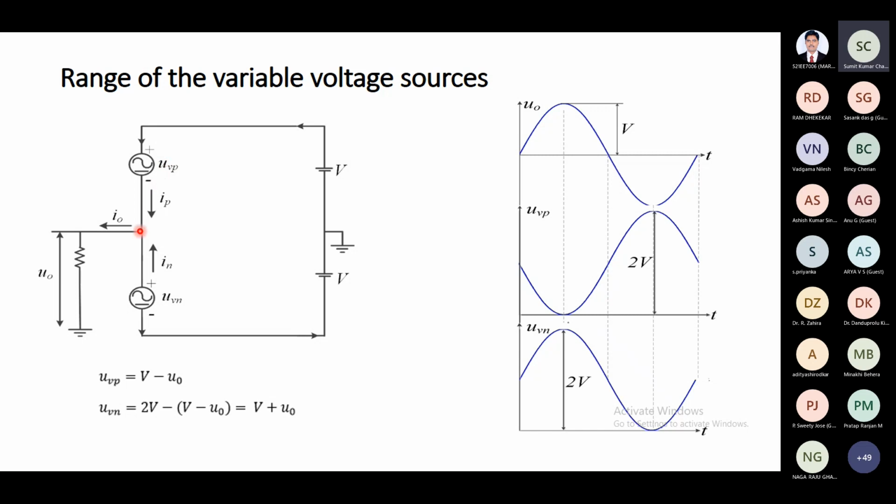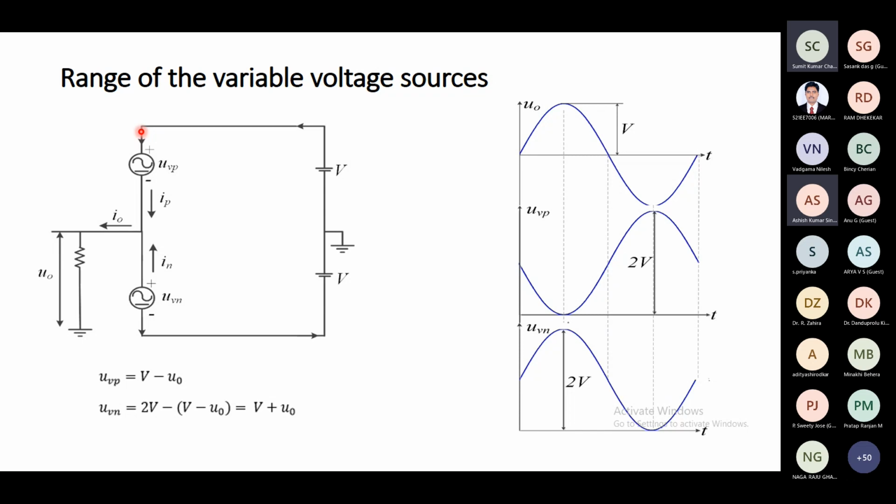Yeah, anyone can respond? Sir, audible. V minus U naught, sir. Difference between input and output. No. What I'm saying, I want to clamp this point to this DC bus. So what should be the magnitude of voltage UVP? It should be 0, right? 0. Then only this can be directly connected here. It is in between. This output voltage has to adjust to 0. Then only this point is going to be connected here, right?